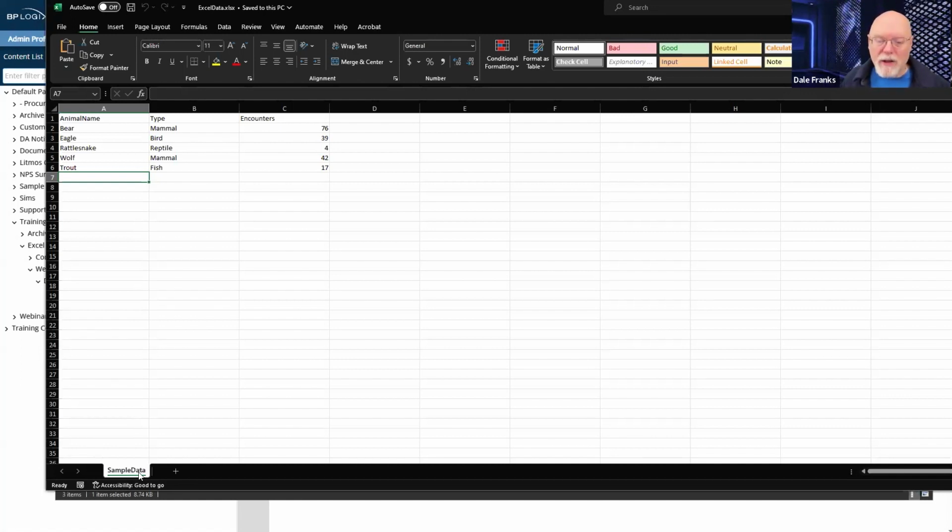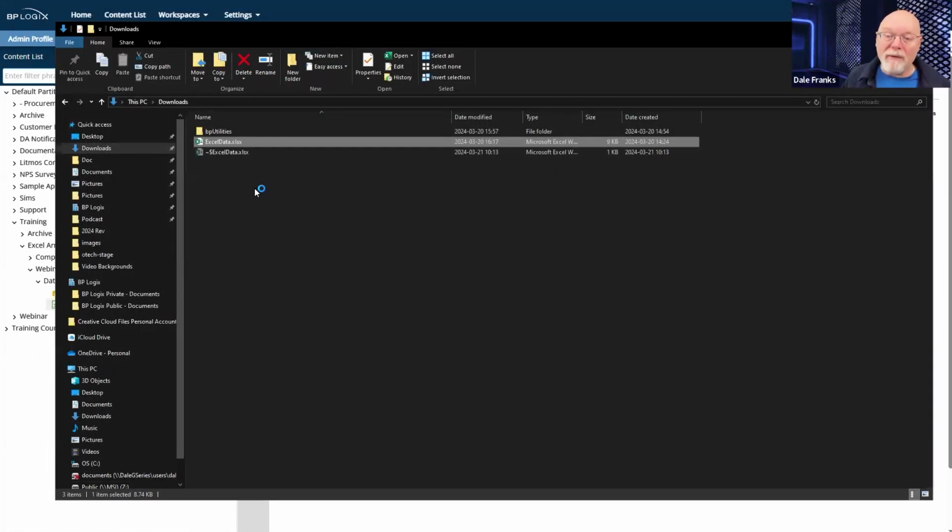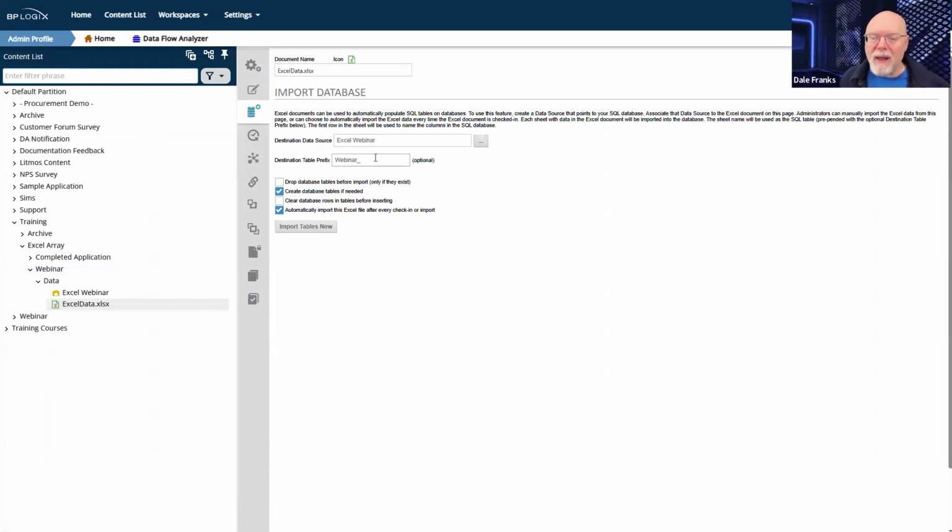My Excel spreadsheet is called sample data with no spaces, obviously, because it's an Excel spreadsheet. So sample data is actually going to be the name of the table that will get created. And in point of fact, because I have configured this destination table prefix, it's actually going to be webinar underscore sample data.